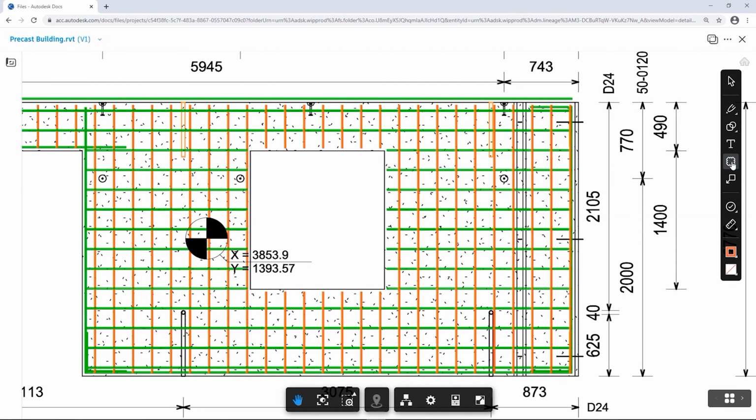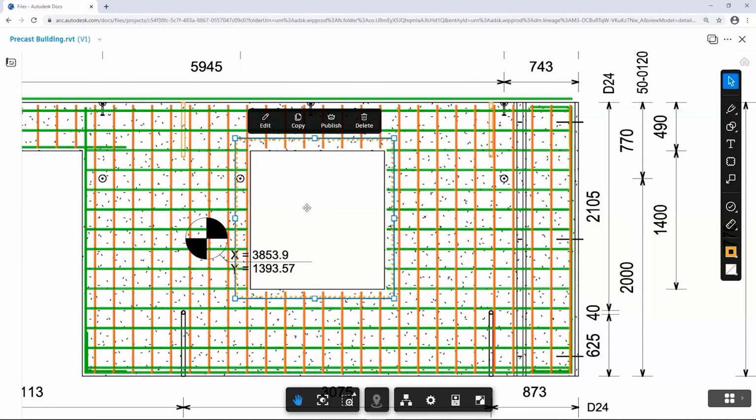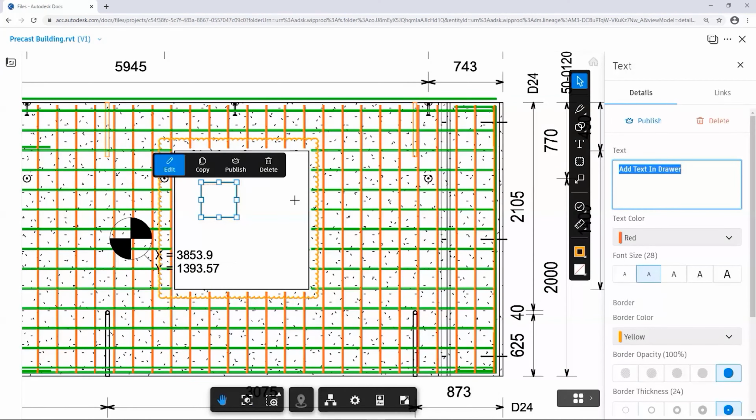Markups can also be created on the sheets. Markups allow you to create visual instructions to illustrate ideas that would be difficult to convey by other means. When markups are created, they are only visible to you. To make them visible for other members, you need to publish them.